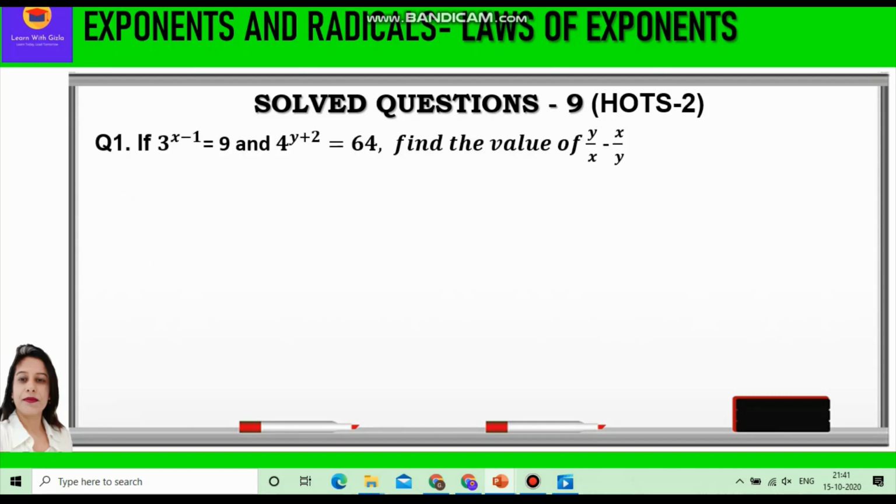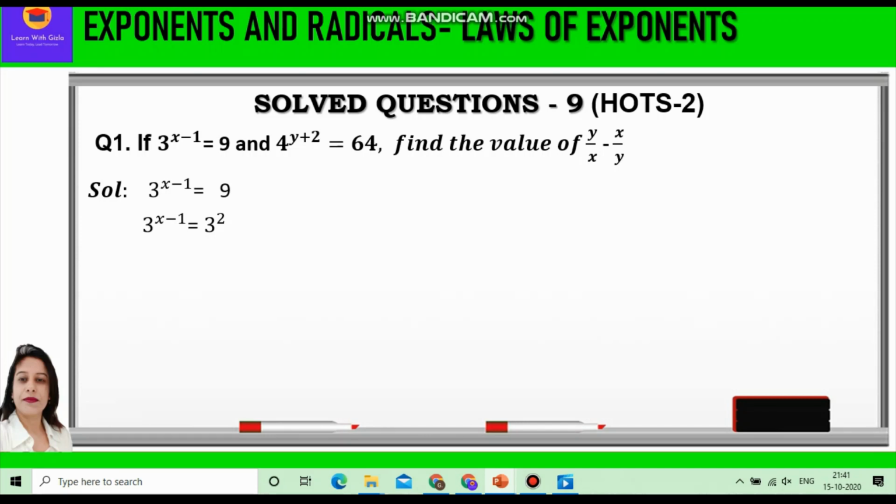It is given if 3 raised to power x minus 1 is equal to 9 and 4 raised to power y plus 2 is equal to 64, find the value of y upon x minus x upon y. Now let's start with the solution. First of all, we shall take the first equation, that is 3 raised to power x minus 1 is equal to 9. Now 9 is 3 square, so we shall write 3 raised to power x minus 1 is equal